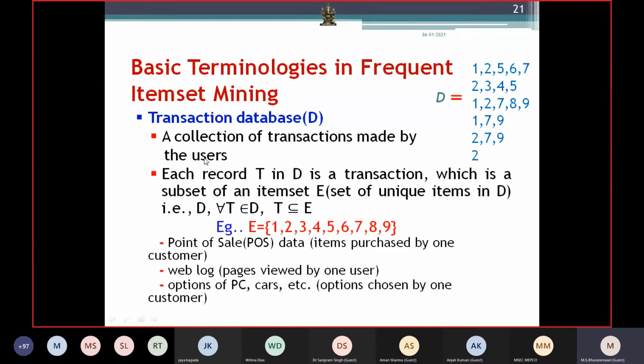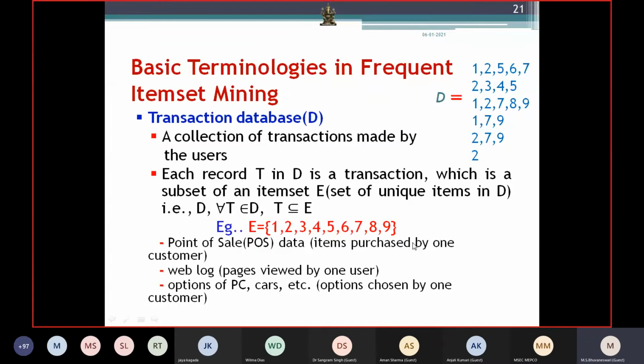Now, as I have told you, it is a collection of transactions made by the users. Each record, so one row, we can say 1, 2, 5, 6, 7, can be called a record. Whenever we are performing item set mining, we have to identify the unique items we are having. Let us assume E is equal to the unique items 1, 2, 3, 4, 5, 6, 7, 8, 9.